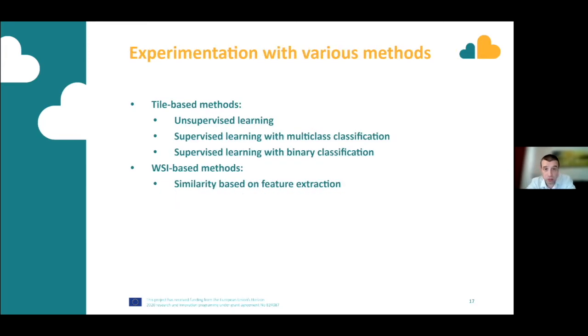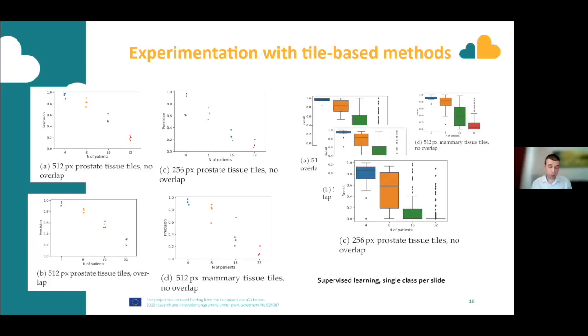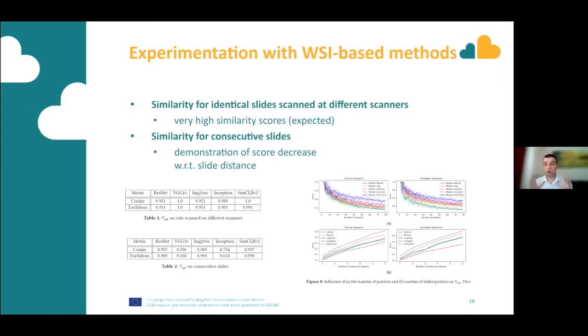Basically, we used different models from supervised learning to unsupervised learning, and looked into tile-based models versus the whole slide image models that were searching, that were clustering the slides. And the tile-based models were not particularly successful, but the whole slide image models were actually very successful,